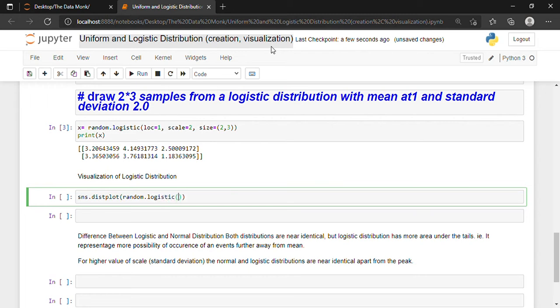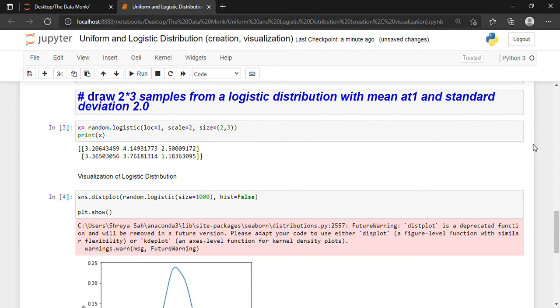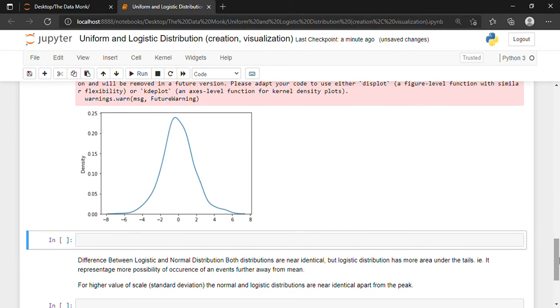We will have to mention the size, so size is equal to 1000. We do not want a histogram, so hist is equal to false. Okay, and in the next line we will write plt.show. Shift and enter. All right, so this is the result. This is what our logistic distribution somewhat looks like.